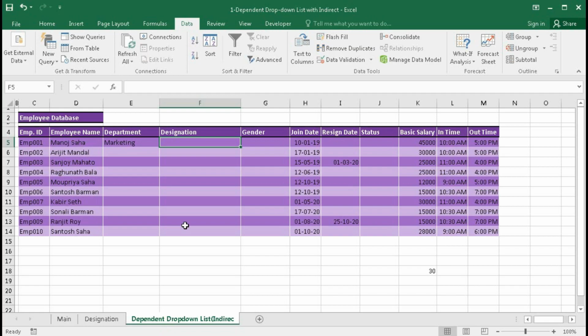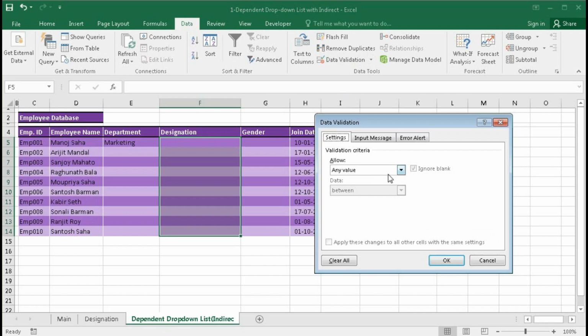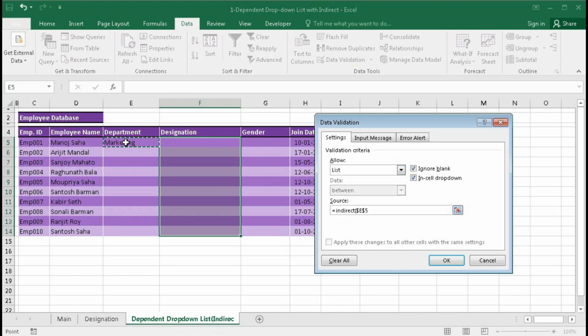So for that we have to select this cell, then go to data validation, click on list, then in the source type equal to INDIRECT, bracket open, within INDIRECT place this range, and remove the dollar sign, then bracket close.